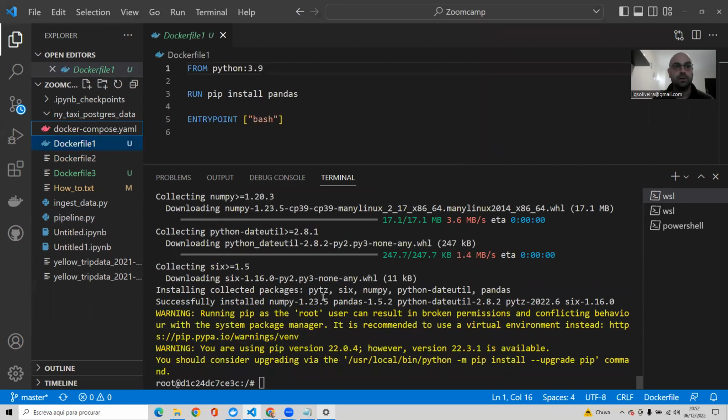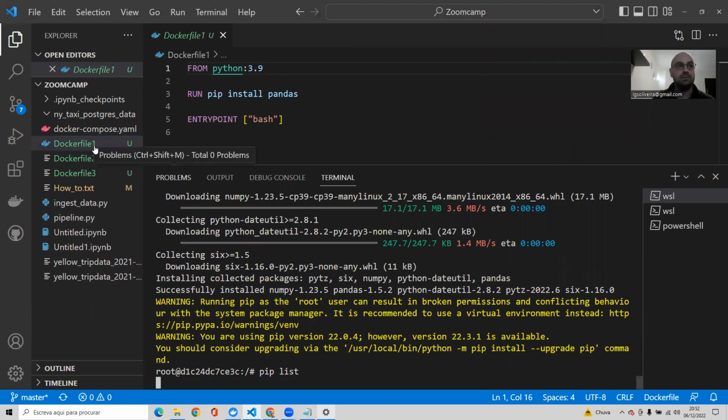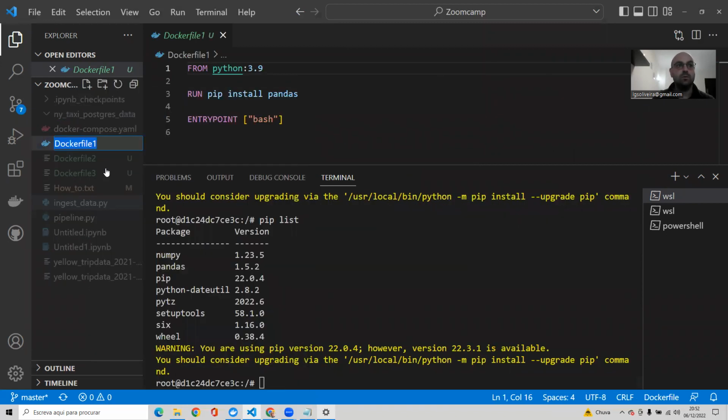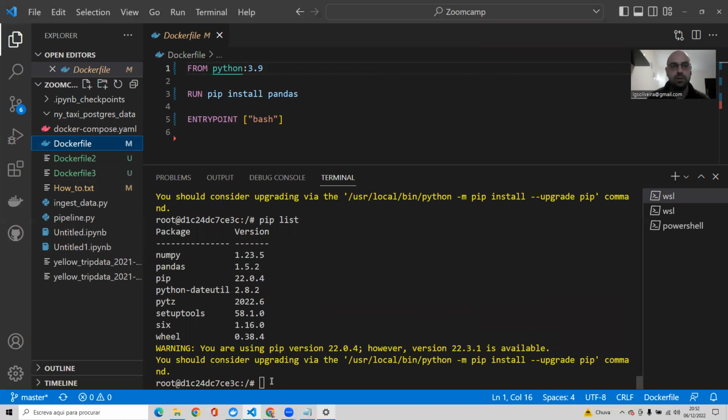While this is running, okay. So, like I said, now we have pandas installed. Okay, what's the problem with this? If we start a new container, it will start from fresh. Okay, so again, without pandas. So, for example, if we do an exit,